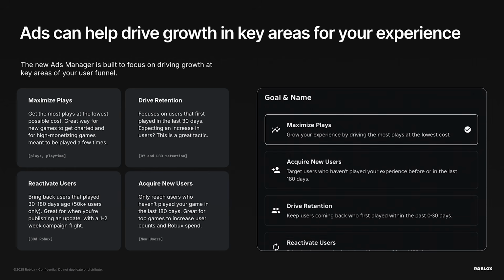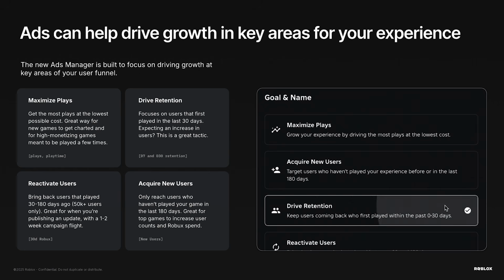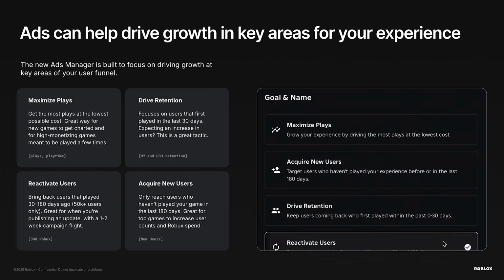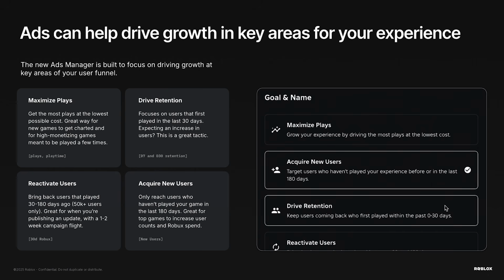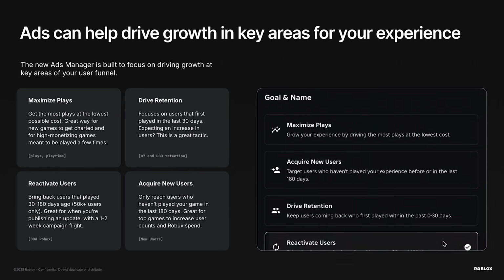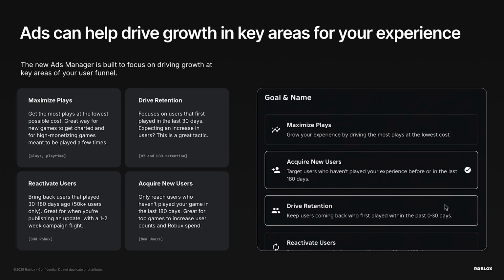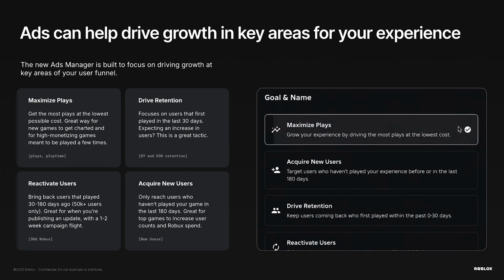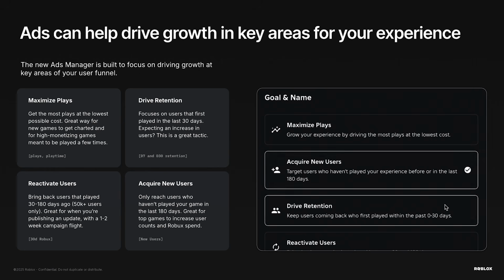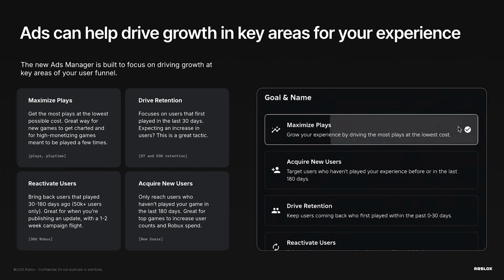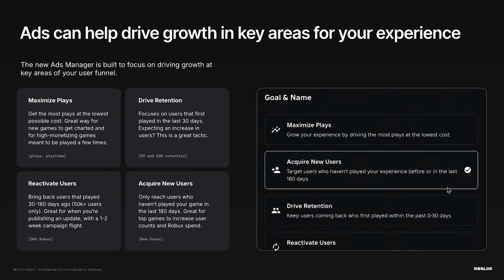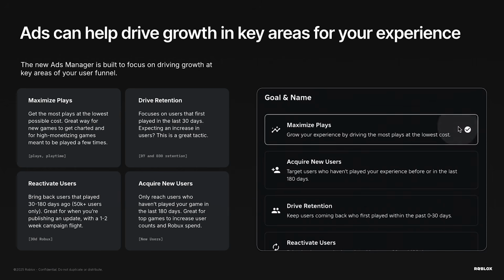So now I had 2 campaigns running. New users were coming in through my acquire new users campaigns. My drive retention ads were showcasing my experience to people who have recently played. And what was cool about the drive retention campaigns is I uploaded custom thumbnails purpose-built to drive people back to my experience. And so this is kind of like an underused feature today, but it's really powerful. You can upload up to 10 custom thumbnails associated with your ad campaigns. And so I had thumbnail ABC for my new user campaign, and I had a different set of thumbnails for my drive retention, purpose-built to bring people back.